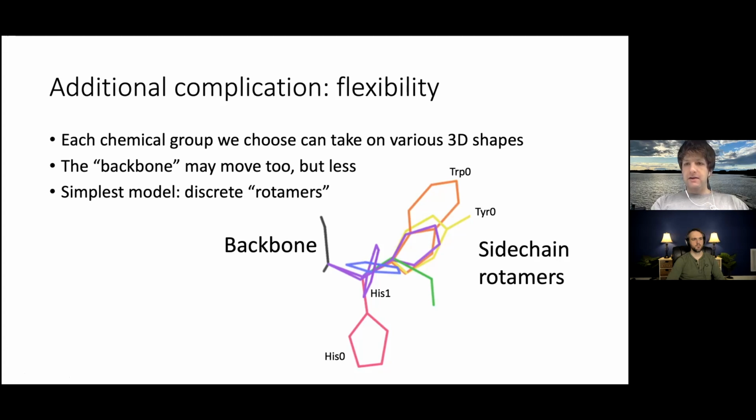And just one important note, one of the reasons we can fix the backbone is that global rotational and translational motion is not really relevant to this type of calculation. It figures into some important properties like binding, but it's not something you're ever going to need to explicitly model, because you don't really care in the cell if a protein is upside down or whatever. So that takes some degrees of freedom out and lets us focus on the local flexibility that actually is going to drive our chemistry and our interactions.